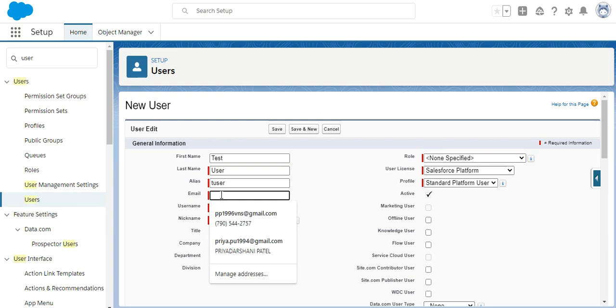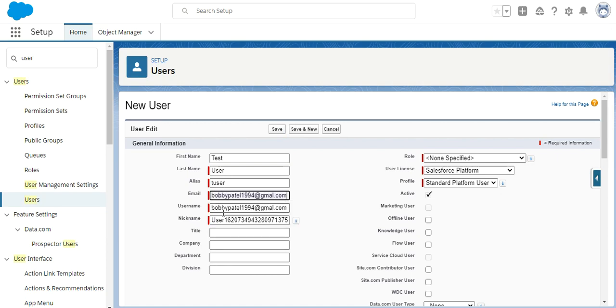So let's fill in the email address. As I'm giving the email address here, it creates a username. You can see here is the username, taken from the email ID. If you want to change it, you can change the username as well.